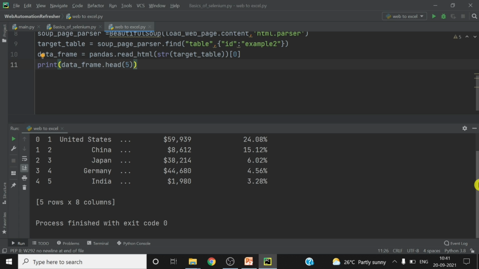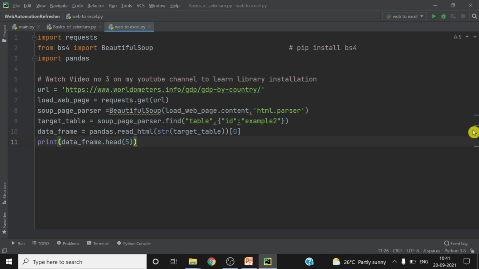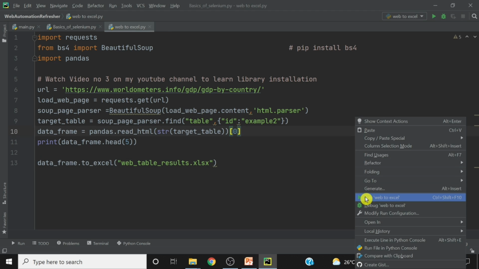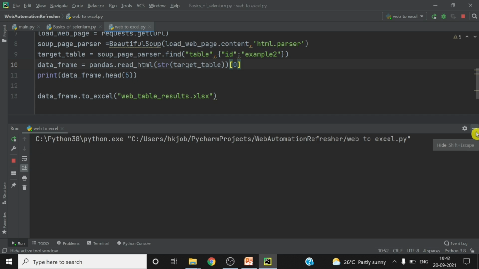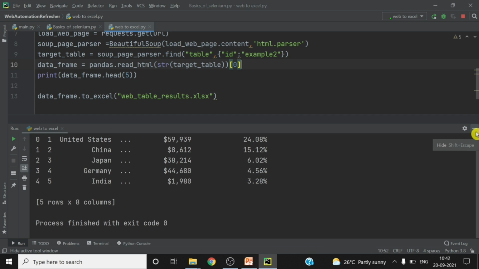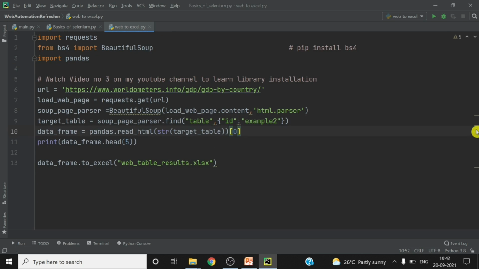So you can see the data is here. Okay. And in the end, we will write this data to Excel, xlsx. Okay, so let's run this. Yeah, it ran successfully. And now minimize this. You can see the entire code on your screen to do data scraping using Python from web to